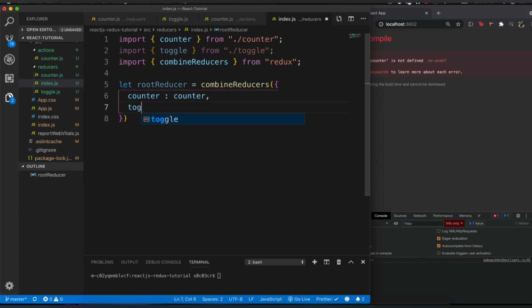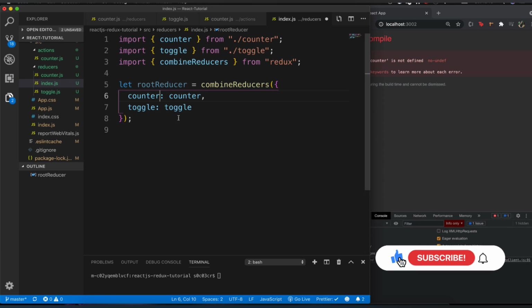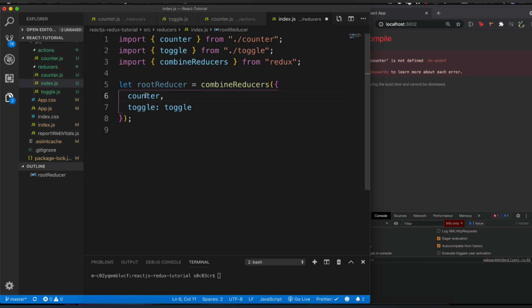And let me also export toggle with toggle, right? Of course, I could choose whatever name I wanted, for example, counter reducer, or I could change this name. So this would be the name I would finally have to use, but I'm going to use the same names. And inside of ES6, there is a short syntax. When the key and value pairs are same, you can actually just write it once. So just writing counter basically means the key and value both are same, right? So I'm going to get rid of this.